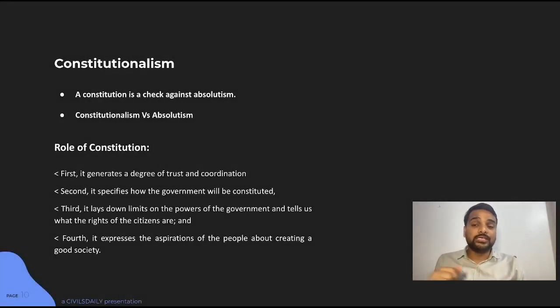Now, every country in the world is progressing slowly towards democracy and republicanism. Related to it is constitutionalism. This is an ideology that says that no person or institution should have absolute power. So a constitution is a check against absolutism. How? Earlier, when you had absolute monarchy, like medieval kingdoms or the kings and queens,